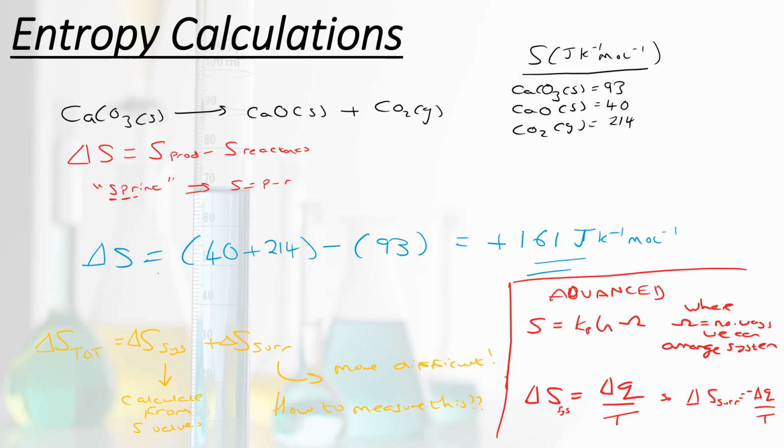Now, these equations we don't necessarily need to use, it depends on your exam board, so just double check. But on the next slide, we're going to look at something called Gibbs Free Energy. The derivation isn't required for A level, but this bottom example of how we can write the system and the surroundings entropy change is important for how we derive it. So if you're interested, you can look that up for yourself, but those are the starting points of the equations that we use.